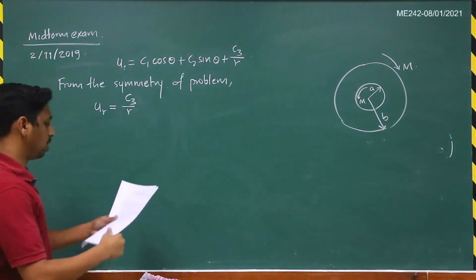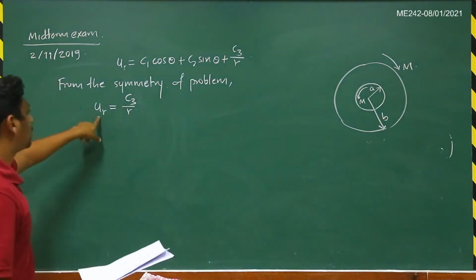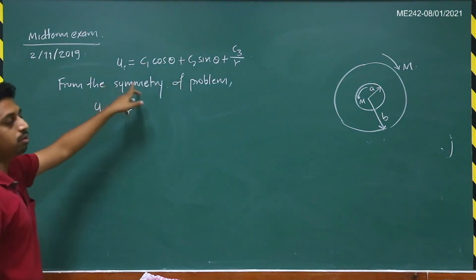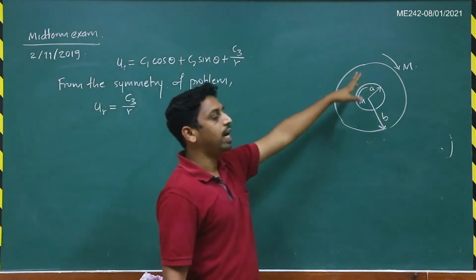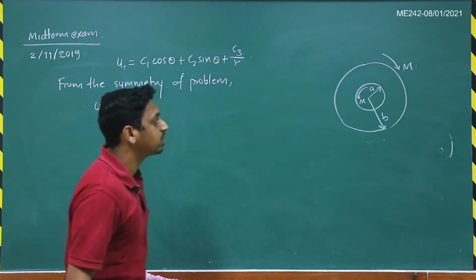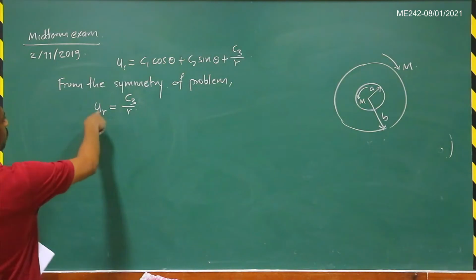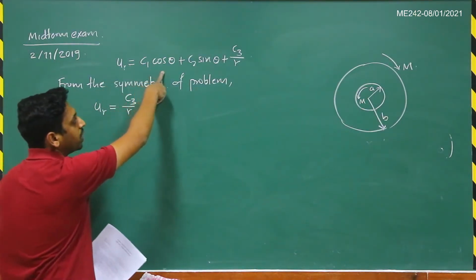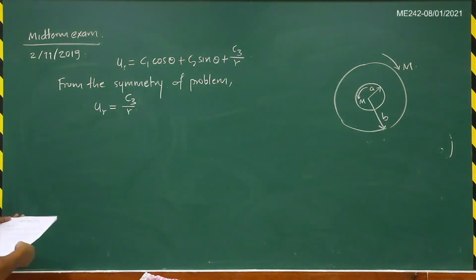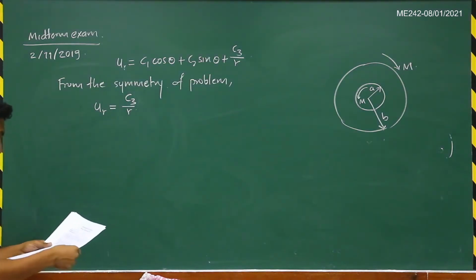This is very important because it is mentioned in the question to make reasonable assumptions and state them clearly. So this assumption of u_r being independent of theta is made on the basis of the symmetry of the problem, as it is mentioned that these moments are applied through tractions on that particular surface which are independent of theta. So we assume from the symmetry that u_r is no more a function of theta, and now we have an expression for u_r to be C3 by r itself. Next we have to solve for C1, C2 and C3.